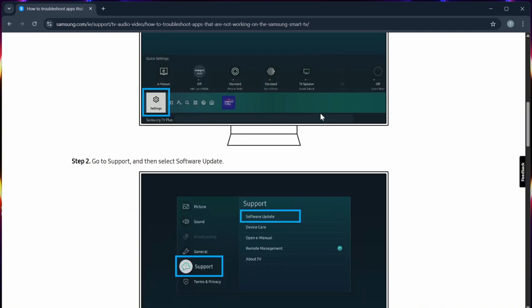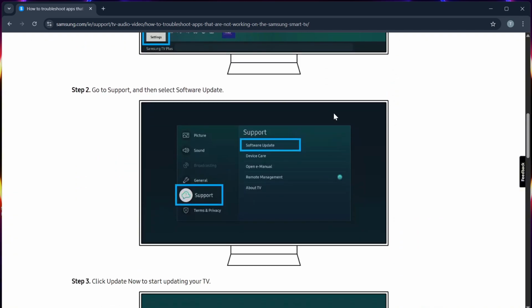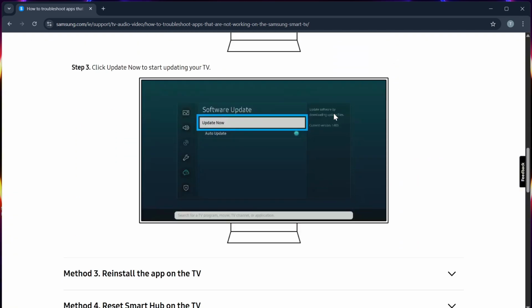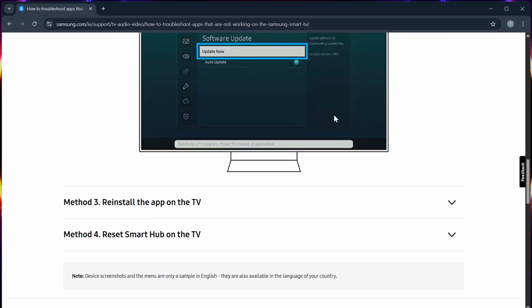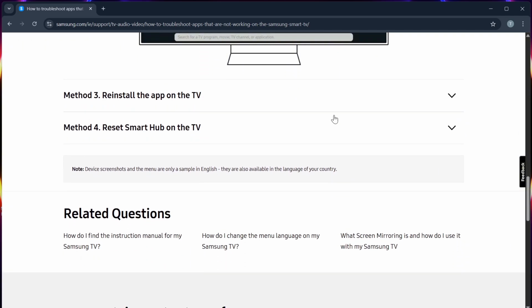Step 5, check for system updates. You can go to settings and then support and then software update and click update now to ensure the latest firmware is installed. Step 6, if problems still persist, you can do a factory reset from settings and then general